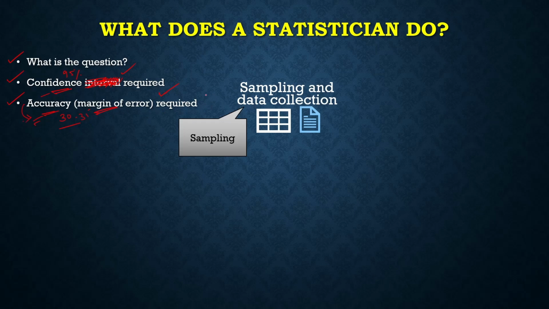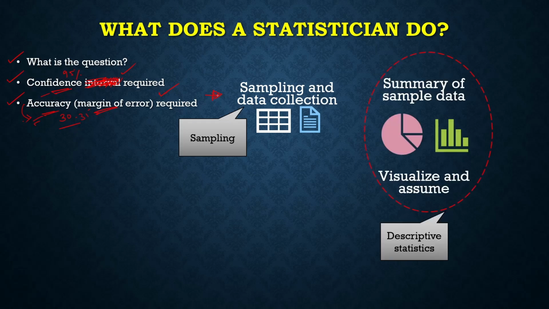So the first step is basically the sampling part. What is sampling? The statistician does not have access to the entire data, the entire population. So he or she will start picking samples from that population and then analyze those samples. That is the second step. What is the second step? The second step is the analysis of the sample in terms of descriptive statistics. So the first step was sampling. The next step is